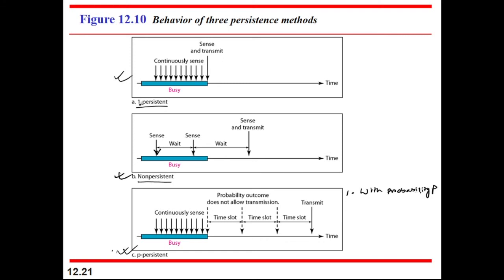With probability p, the station sends the data, sends the frame. So with probability p the station can send the data, and with probability q equal to 1 minus p, the station